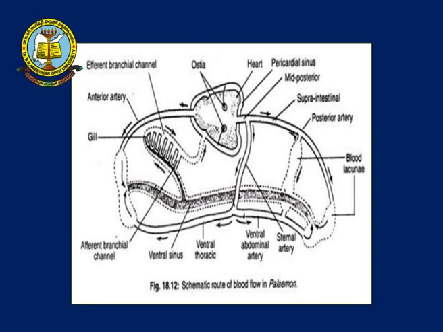The sternal artery goes down below the ventral abdominal artery over there. They divide into two parts, that is the ventral thoracic artery and the ventral abdominal artery. The ventral thoracic artery gives blood to the ventral thoracic region of the body, whereas the abdominal side is given by the ventral abdominal artery. So, the mid posterior tube branches into two arteries, that is the supraintestinal artery and a sternal